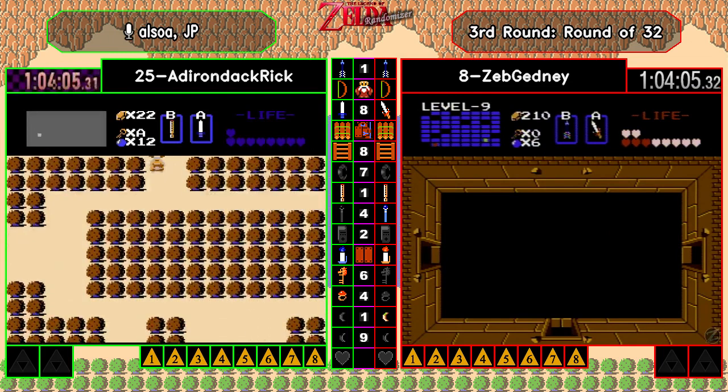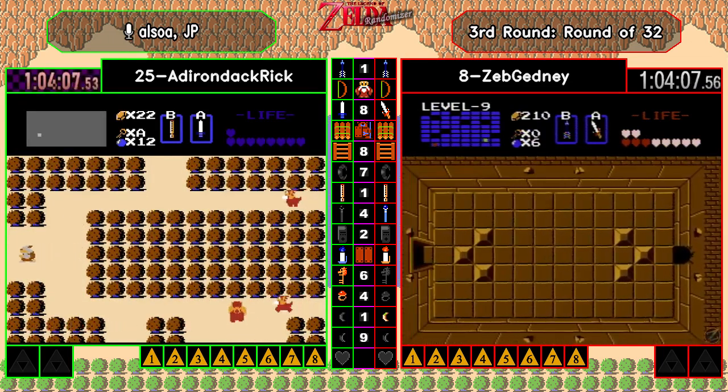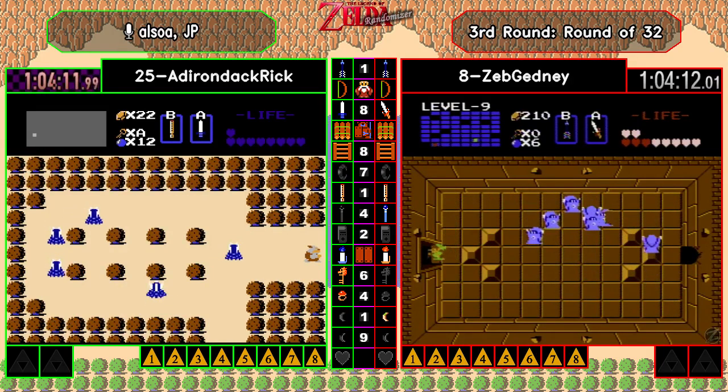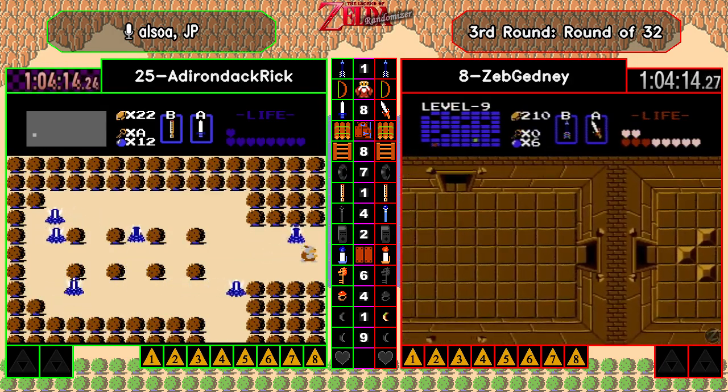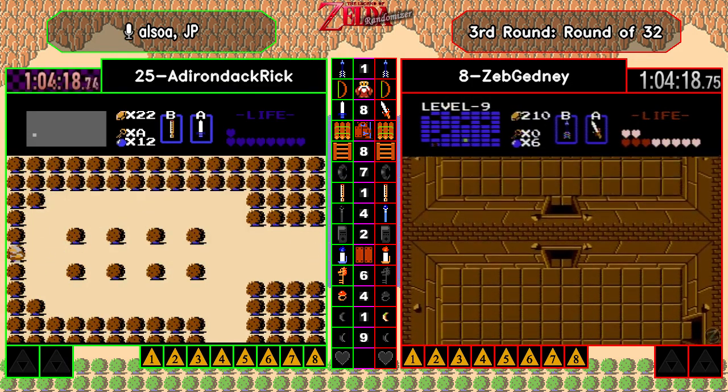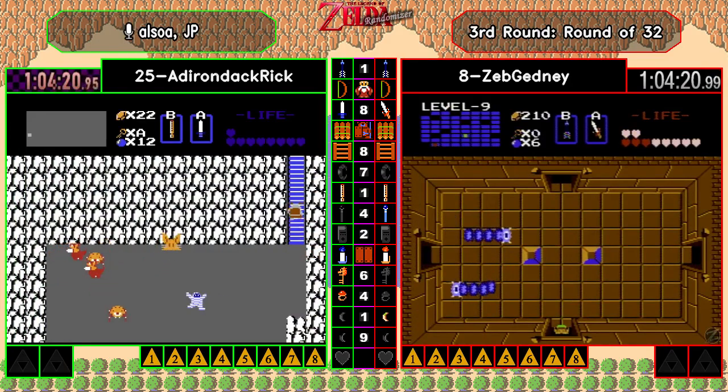Now, Zeb still has the exploration advantage. He knows where Ganon is. He knows where Zelda is. But it's not an easy walk to Ganon. And Rick has the red ring. It's still in Zeb's ball court. It is still in Zeb's ball court, but